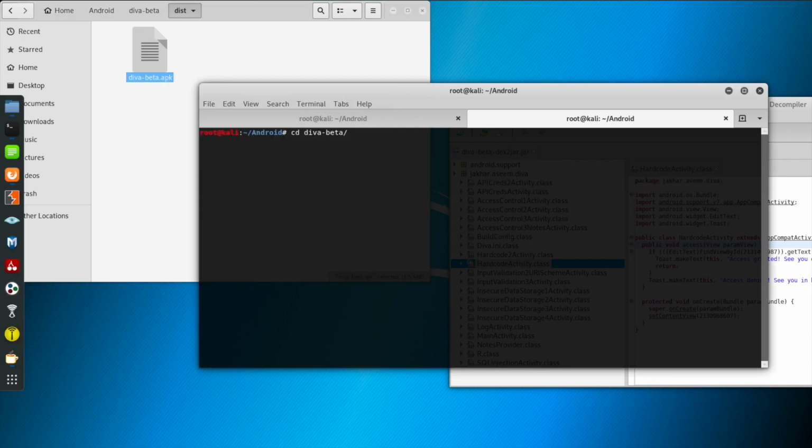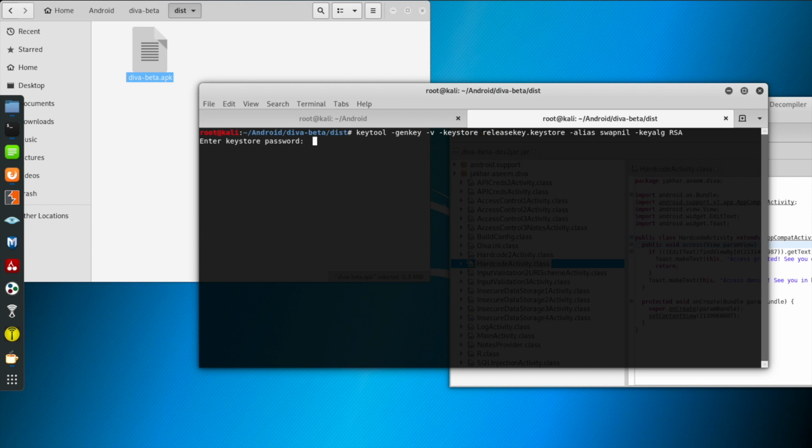Now first we have to create the keystore which will have the certificate details, and we have to sign this application with the keystore using jarsigner. First we'll use this command: keytool -genkey -v -keystore and the name of the keystore, which can be anything.keystore, and the alias name. In this case I'll be using Swapnil as the alias name, -keyalg, which is the key algorithm, that is RSA. After pressing enter, it will ask for the password.